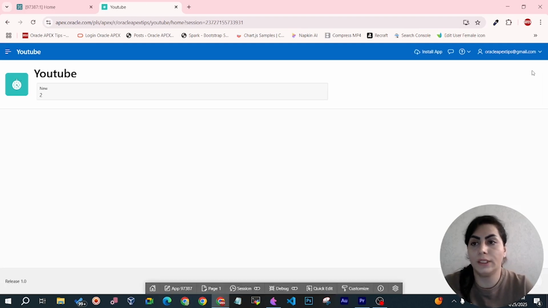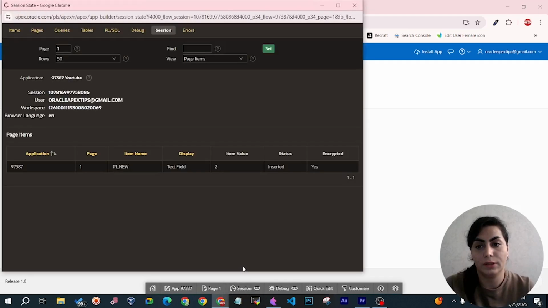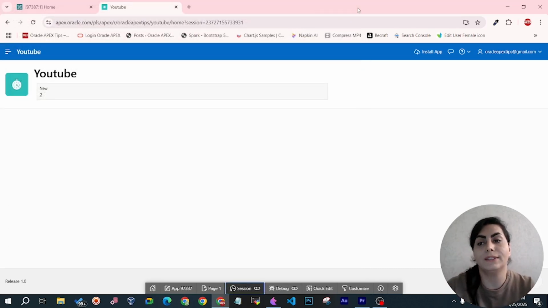As you see, I can see 2 in front end, and when I open the session, I can see the value in the session. So I can set the initial value both in front end and in session.